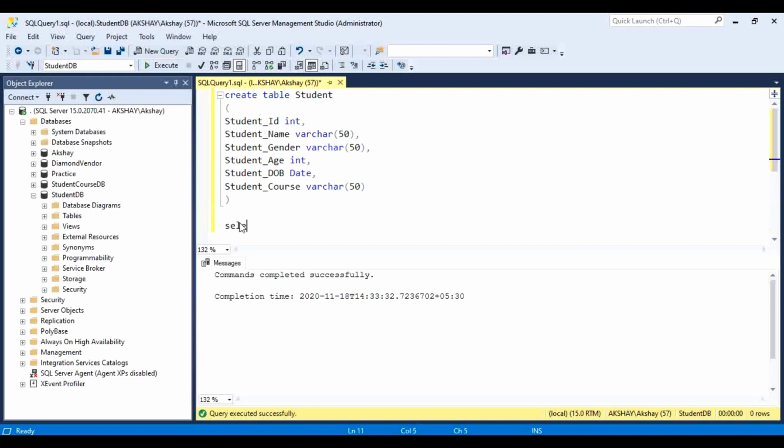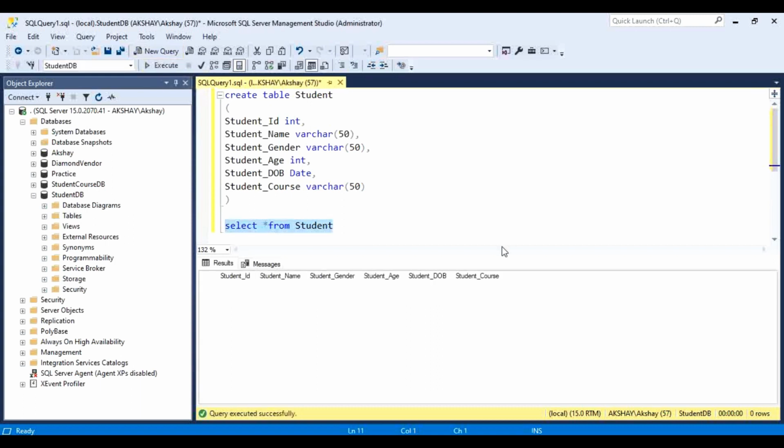Okay, and let's see if it is created. So how can we see that? Select star from table name, that is student, and we will execute that. So our table is created here. So the first columns are student ID, student name, student gender, age, DOB, and course.